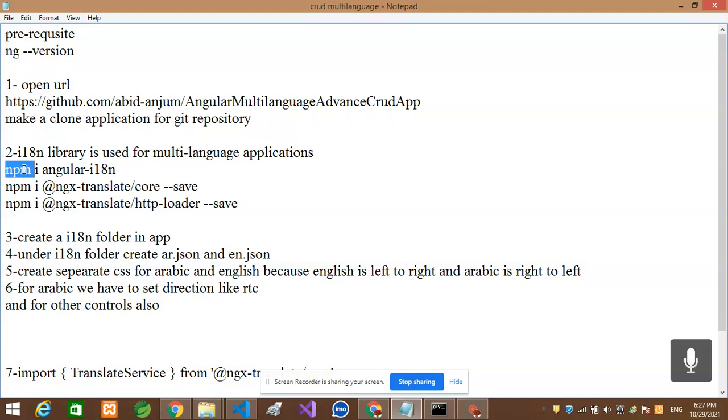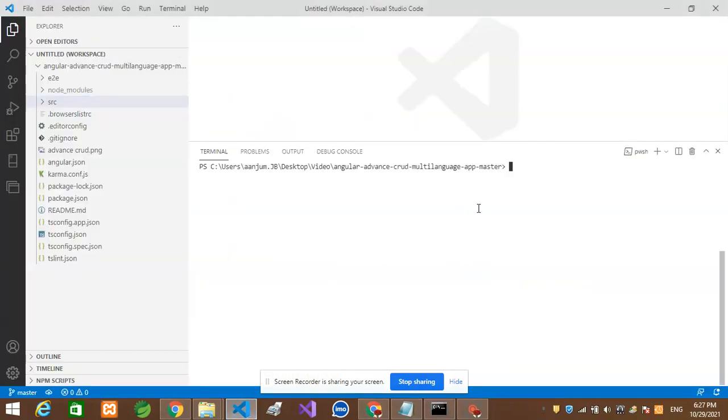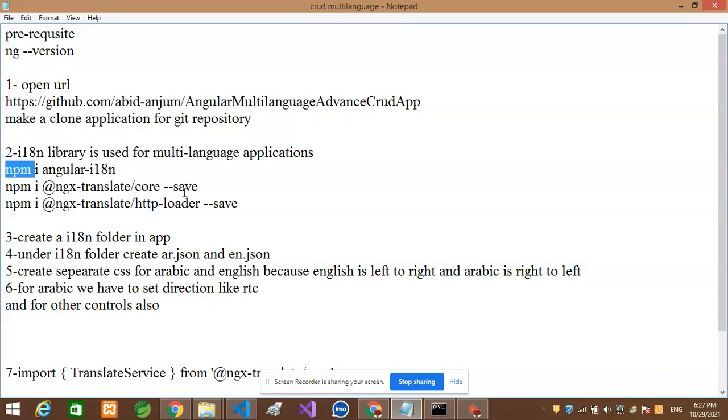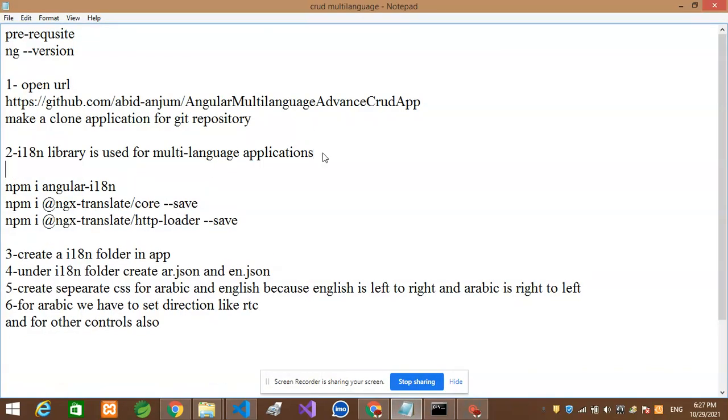Go to your application and simply install these three libraries: Angular i18n, ngx-translate, and ngx-translate HTTP loader. These three modules we require for writing a multilingual application, plus if you want to switch from one language to another language.